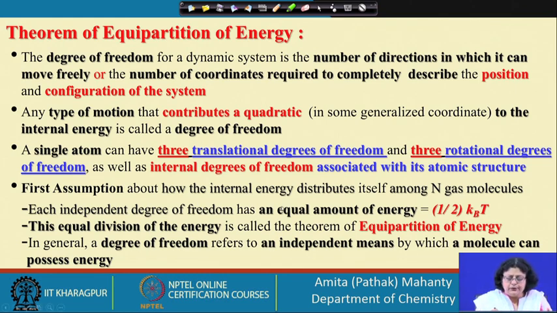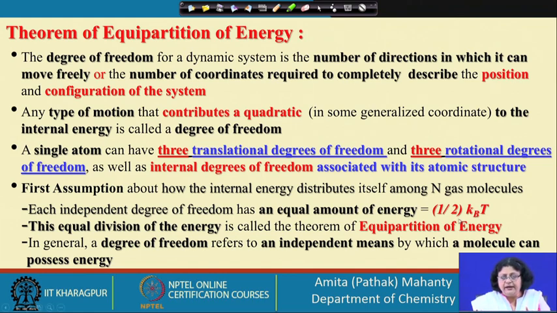So, the first assumption we are going to look at is how the internal energy distributes itself among the n molecules. Each independent degree of freedom has an equal amount of energy. So, each degree of freedom will have an equal contribution, and that contribution is half kT. This equal division of energy is called the theorem of equipartition of energy. So, for each independent degree of freedom, we have talked about translation, we have talked about rotational, we will talk about vibrational modes, but each independent degree of freedom has a contribution of energy of